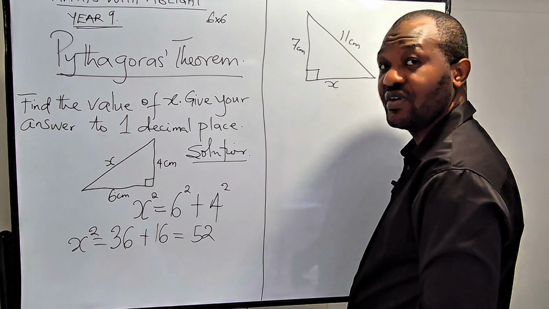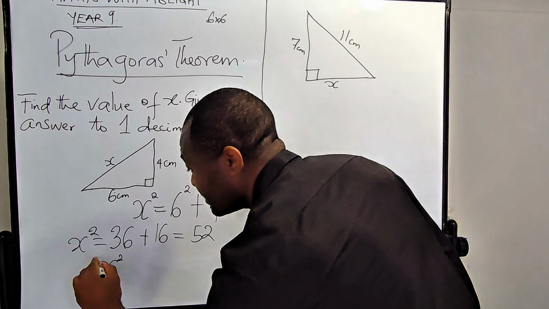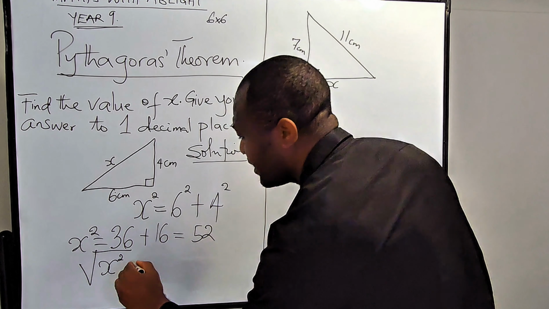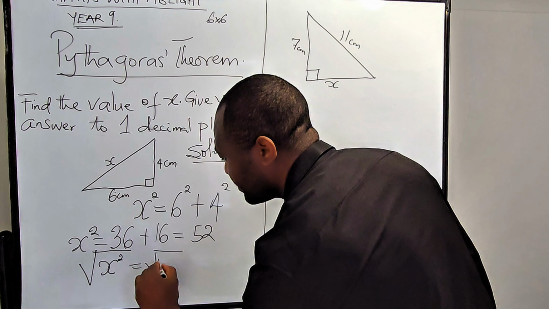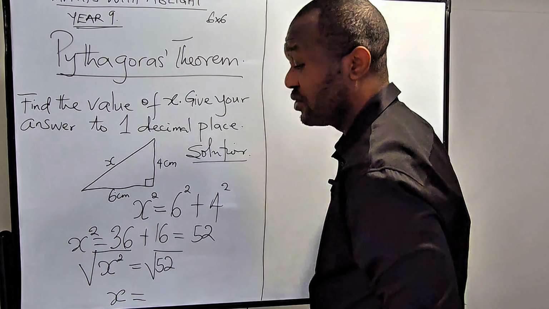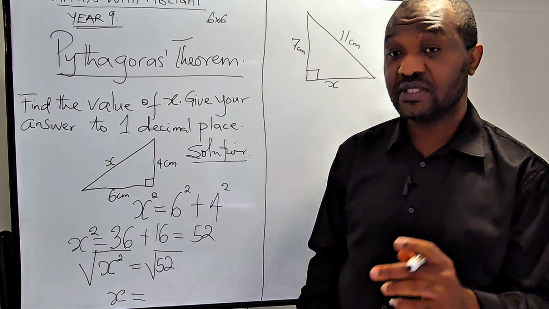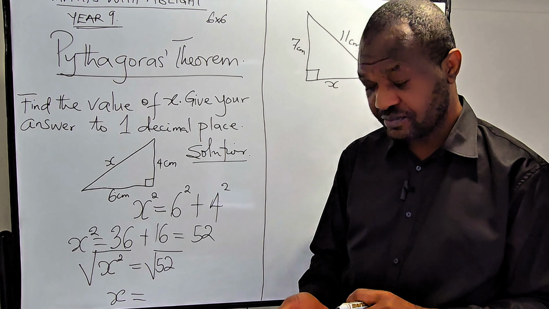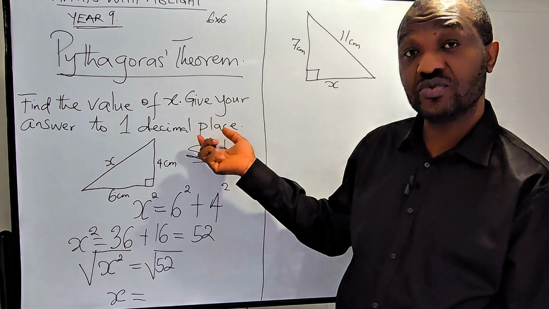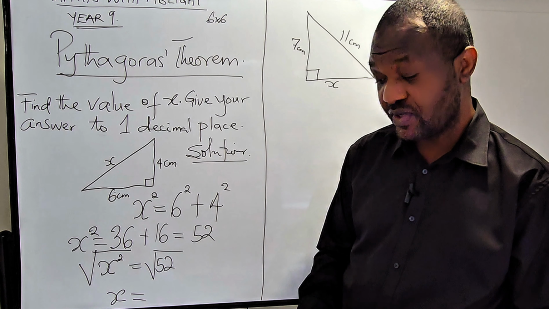How do you get out the value of x? You say x squared, you take square root of it. It is only square root that can cancel out square. Then take square root of 52. So x, therefore, then you go to your calculator, because you've been asked to do it to 1 decimal place. It means already they want you to use your calculator. If they didn't want it, they'd give a straightforward question that wouldn't need you to estimate to 1 decimal place. So you take square root of 52, and that gives you